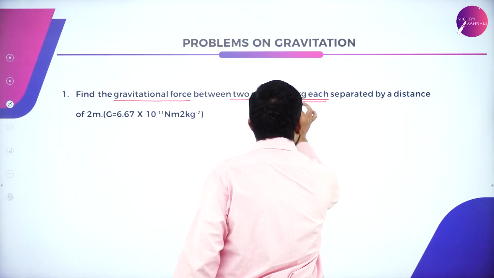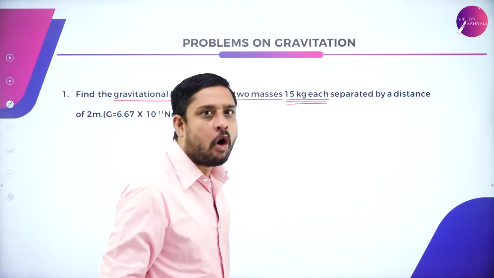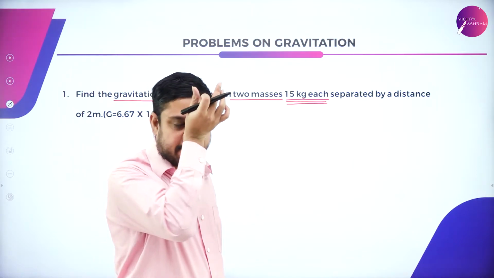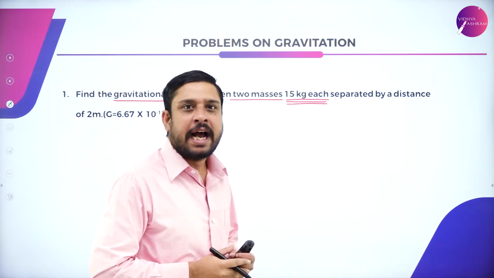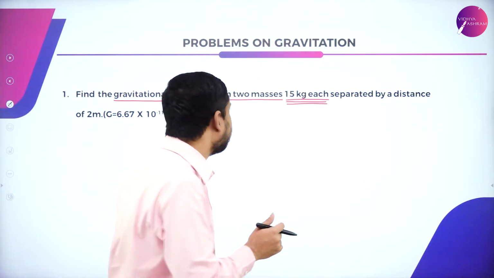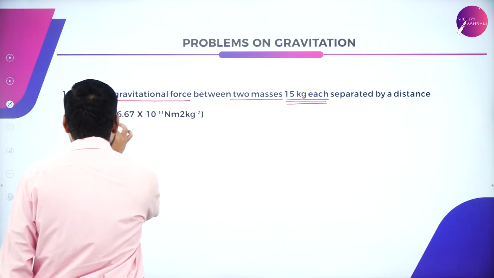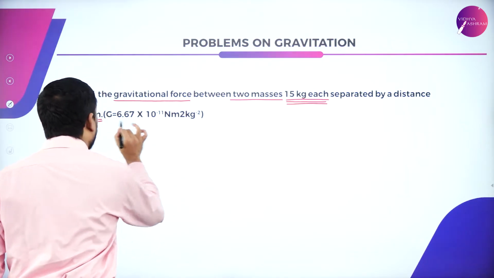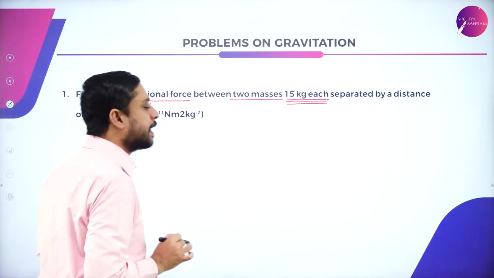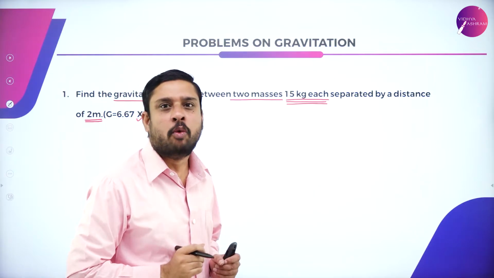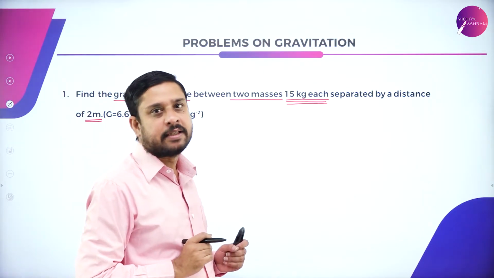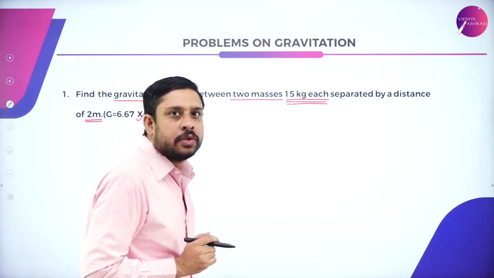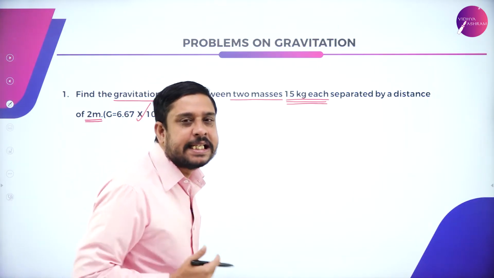The mass of the two bodies is 15 kg and they are separated by a distance of 2 meters, given the value of gravitational constant. So on analyzing the question,